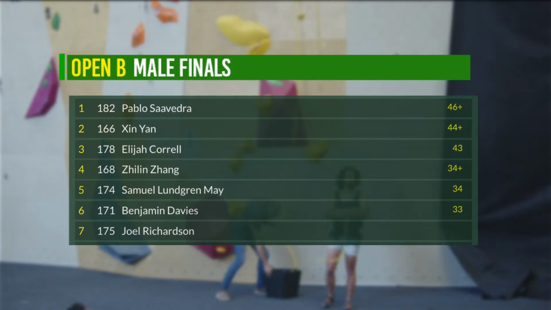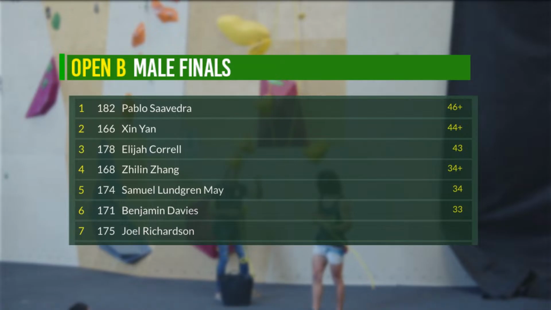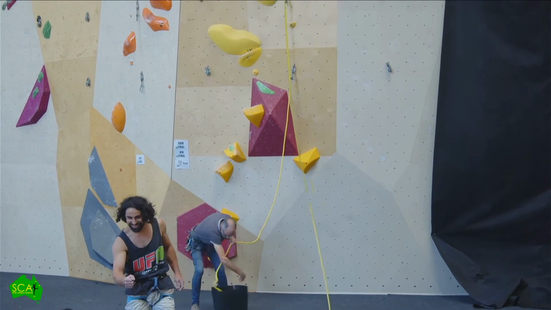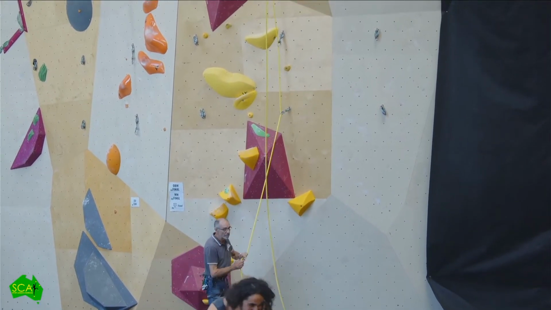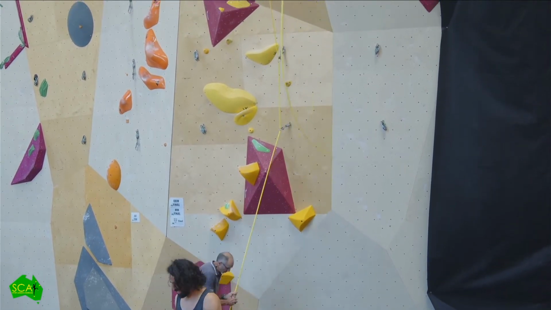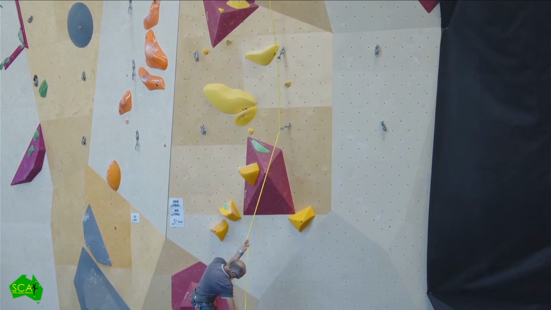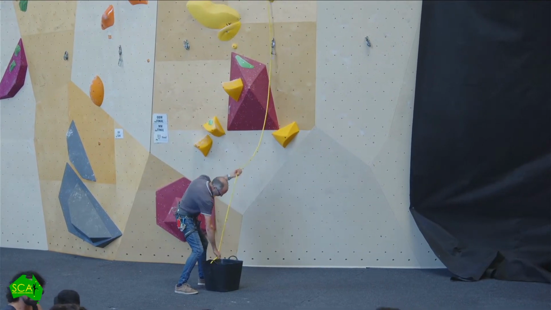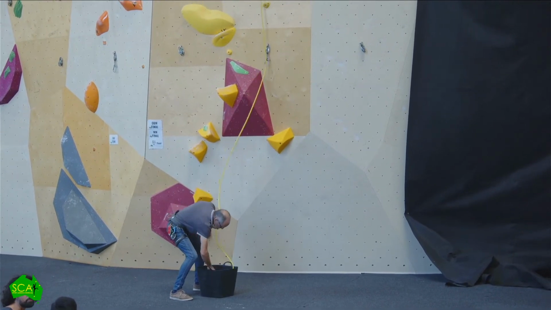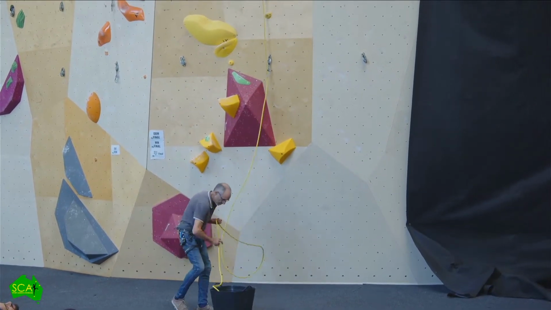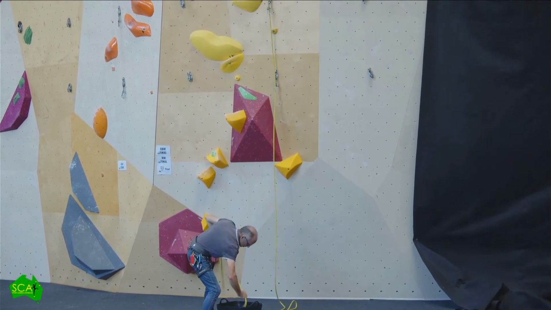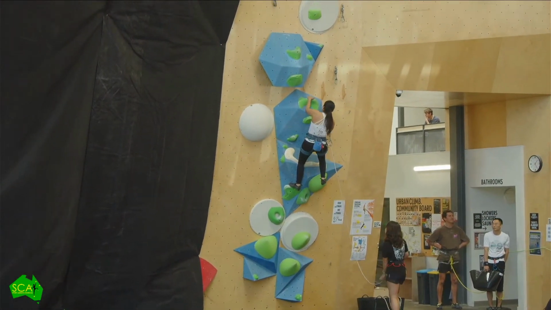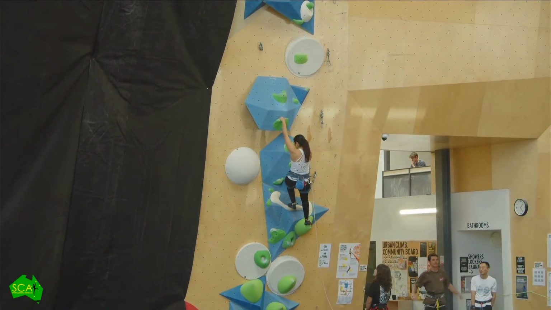But right now we've got our last climber out, which will be Joel, and Joel's got it all to climb for. 46 for Pablo, which was a couple of moves higher than. If you can secure that, and then secure that one, and then just hit the top, you're in business. Absolutely. So we've seen most of it now, folks. Then we'll see the rest straight after this category. We'll have the males, females, and masters. So make sure you hang around for that.